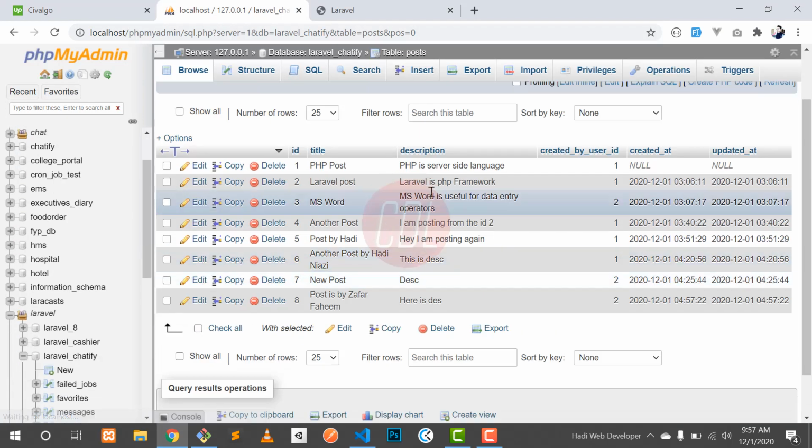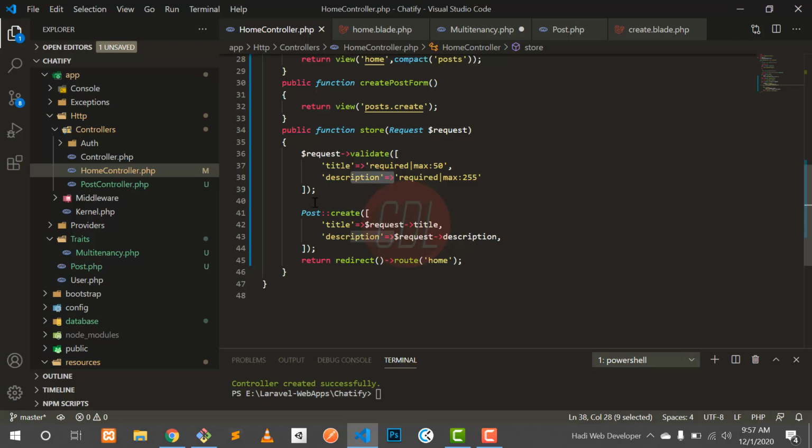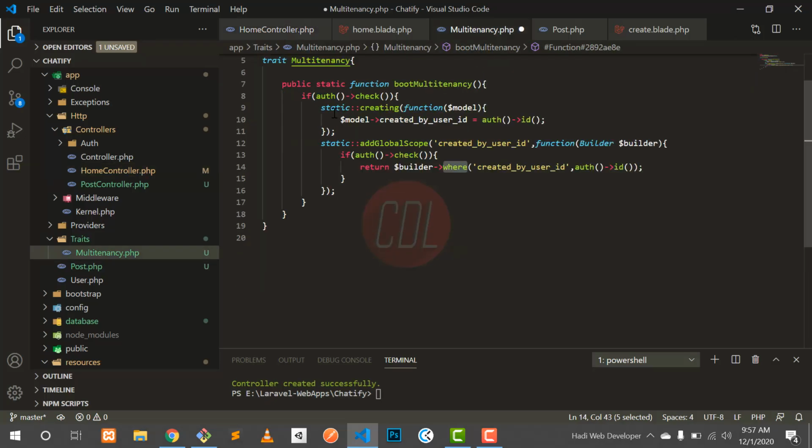This ID is coming from the creating method inside the multi-tenancy trait. It is fetched from here and assigned to the column created_by_user_id. So hopefully you understood, and if you have any further queries, you can ask me in the comment box.